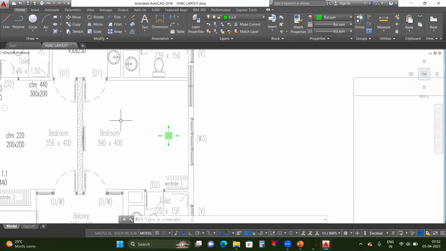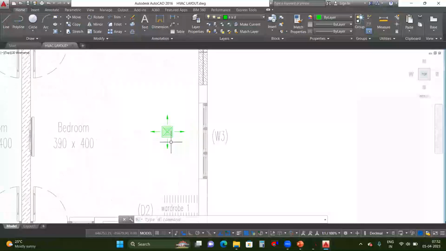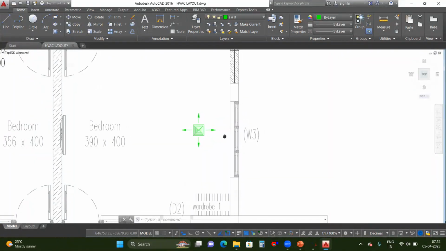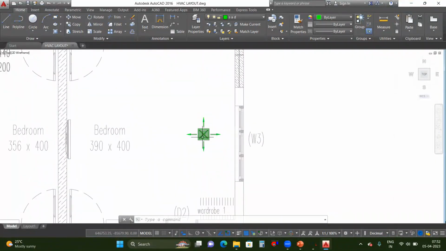So here, if I take the four-way diffuser, there is no use. This way is clear, this way is clear, and this way. But this way, the air will go and hit the wall directly. So there is no use of giving the four-way here. So what we'll do here, we will give a three-way diffuser. So the airflow will be on three sides, one, two, and three sides. This side will be blank. Okay, so that we call a